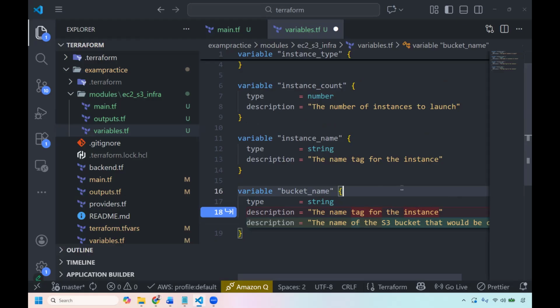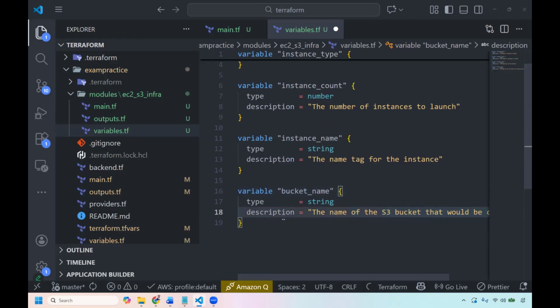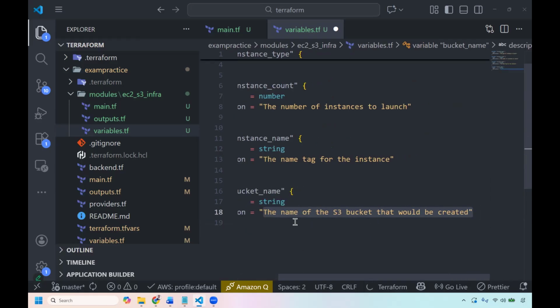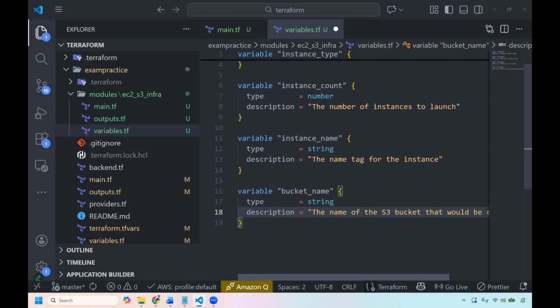So I'm going to change this. It's already giving me a suggestion. I'll just press tab. So I'm just going to put the description, right? The name of the bucket that will be created. So that's the description. Now, since I already created this variable, I'm going to come back to my